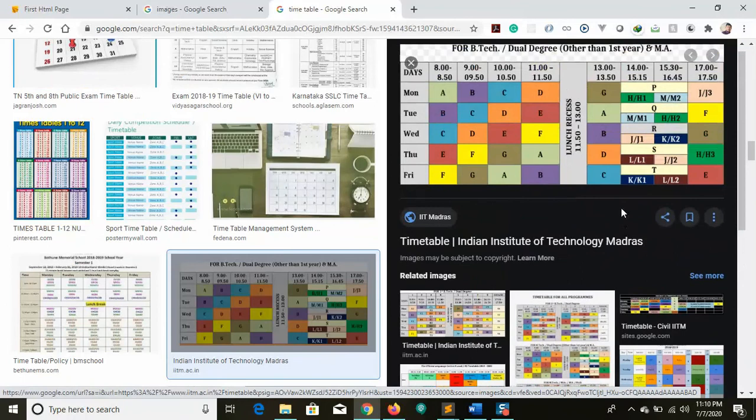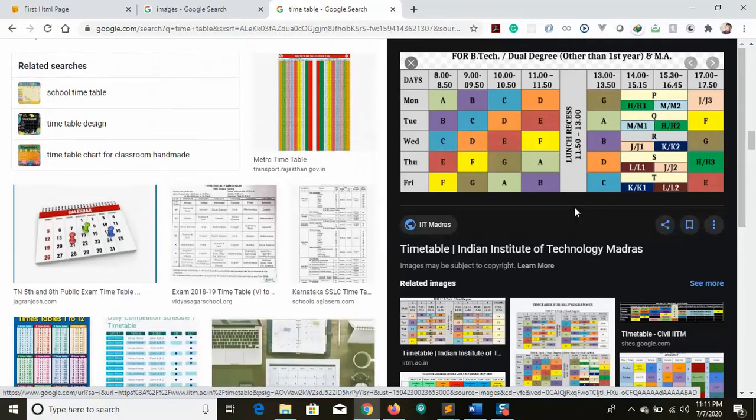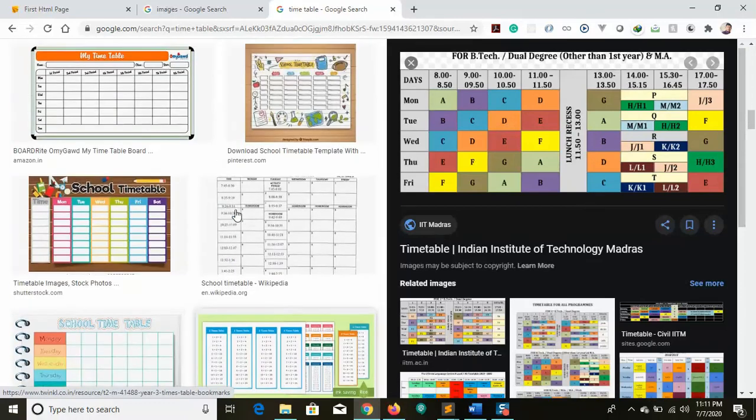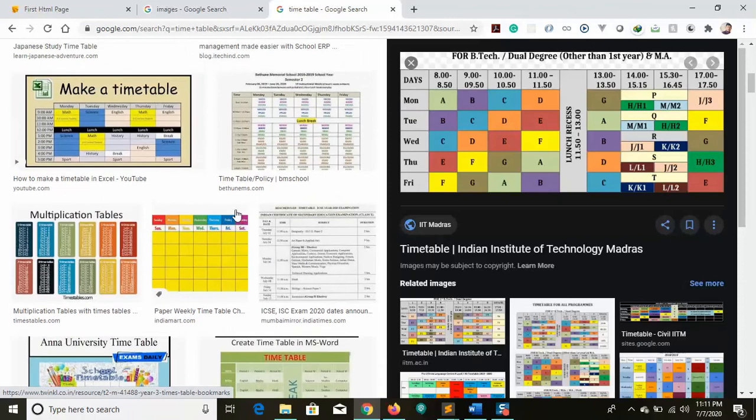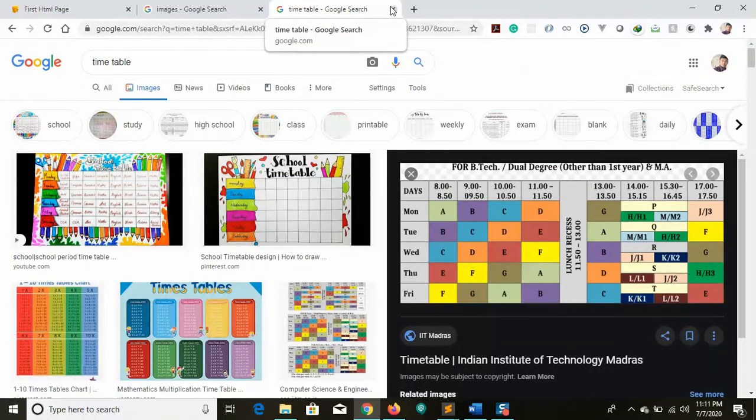Take it as a challenge and try to do it this way. Try to merge all the things, or you can take a very simple table. Take it as a challenge, try to do it. Okay, I hope you can do it.